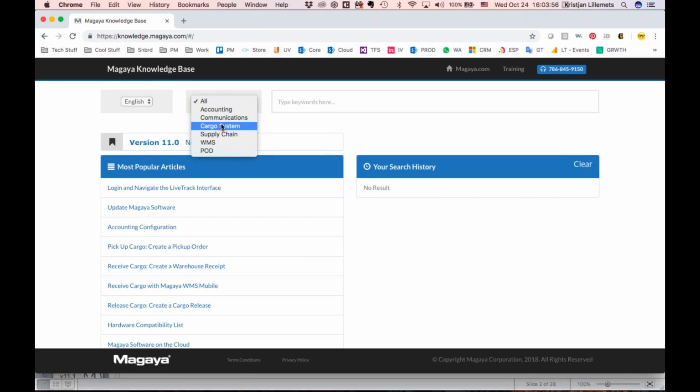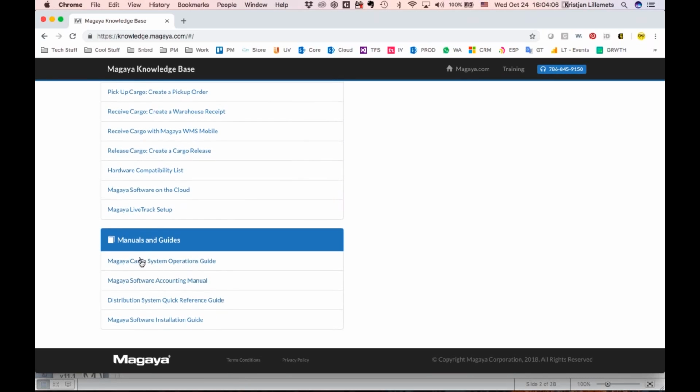Also there is a selection there which says accounting, communication, the specific product that you have, cargo systems, supply chain. So there are ways to do it. My advice is that you start with the getting started articles, because those have hyperlinks to all the related articles. So you can start there and then start branching out. That is the way it was built. We have close to 1,000 articles, so to browse them all would be really a lot. So search, and then find the article about that topic that starts with getting started, that will branch out to others.